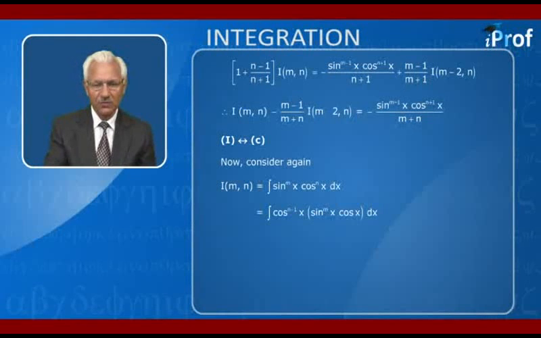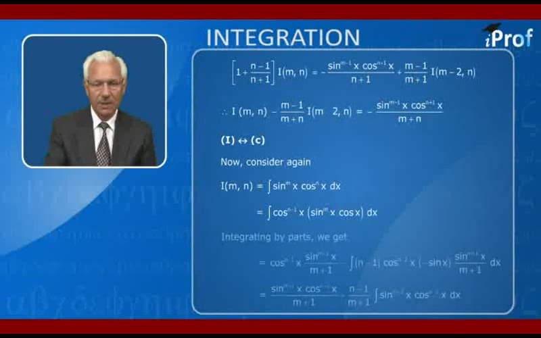What we have done is we have broken cos raised to power nx into two parts, cos raised to power n minus 1 x into cos x, and treating cos raised to power n minus 1 x as the first function and the remainder as the second function, and integrating by parts, we get cos raised to power n minus 1 x into sin raised to power m plus 1 x upon m plus 1 minus n minus 1 into cos raised to power n minus 2 x into minus sin x